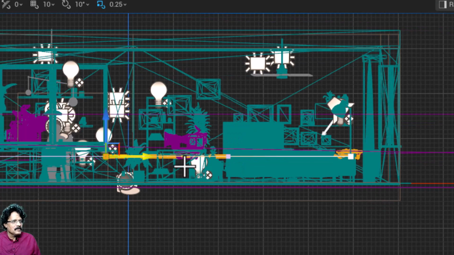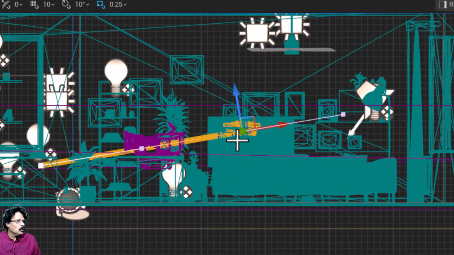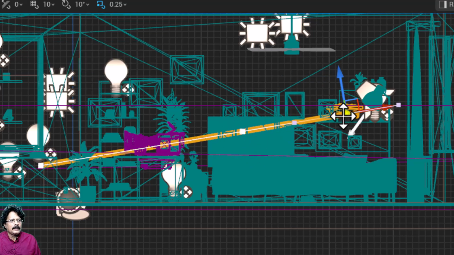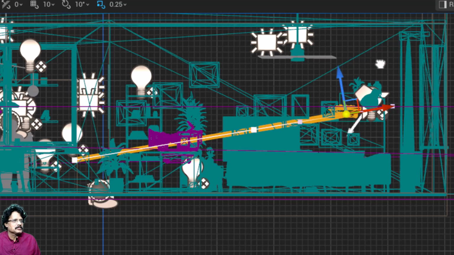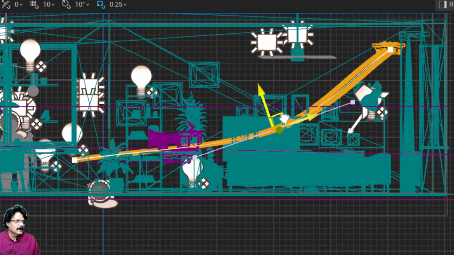Now this rig will not run straight. I want this to run slant and in a curvy way. So I can select this first point, drag it and keep it somewhere here. If I want to add a third point, press Alt on your keyboard and drag and pull, and you got a third vertex over here. And I am going to select this third vertex and I am going to move this to the top like this. See, this will be the end point here, and this one I will place somewhere here,